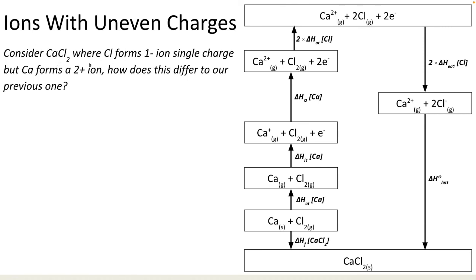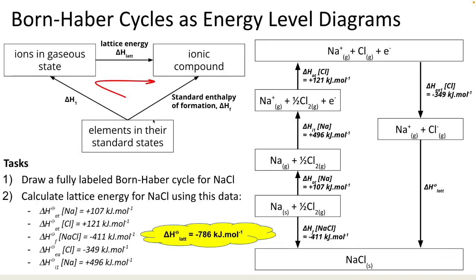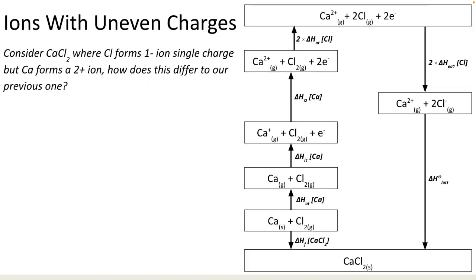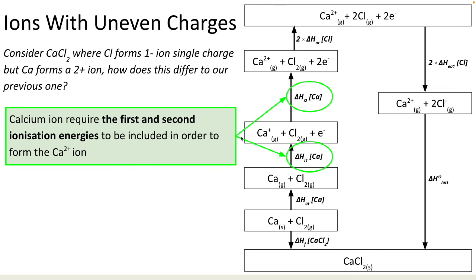Let's consider calcium chloride, where we're forming a chloride single minus ion, but we have a Ca2 plus ion. So I've made a Born-Haber cycle in the energy level diagram of this process there. What you can do, pause, compare this to the previous one. What has changed? What has been added? How are they different? And I'm going to tell you right now when you resume. The first thing is we have two